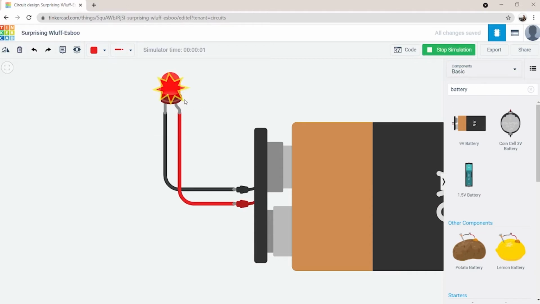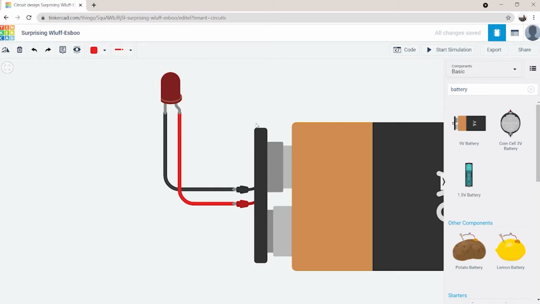Here you will see a warning pop-up that says current through LED is greater than rated value. It is because LEDs are diode which usually have low resistance. So high current from the battery can damage the LED. So we use resistance to control the flow of current through LEDs.